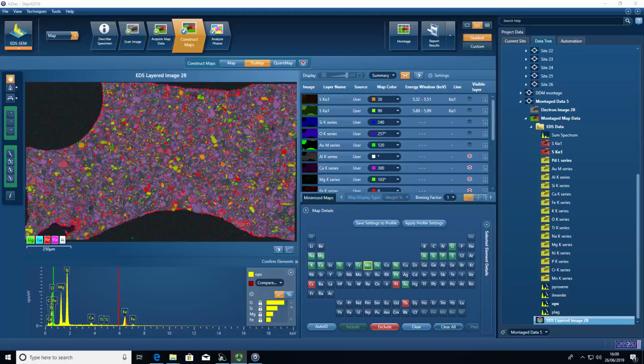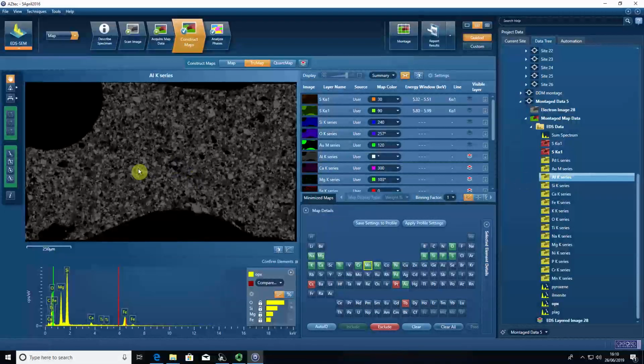For element map data, there's a wealth of information stored within each pixel, as in the intensity of each element is included in the pixel brightness value. So we want to be able to extract that information, potentially to use it in other programs. For example, if you wanted to use it in MATLAB or something, we would want to export those data values